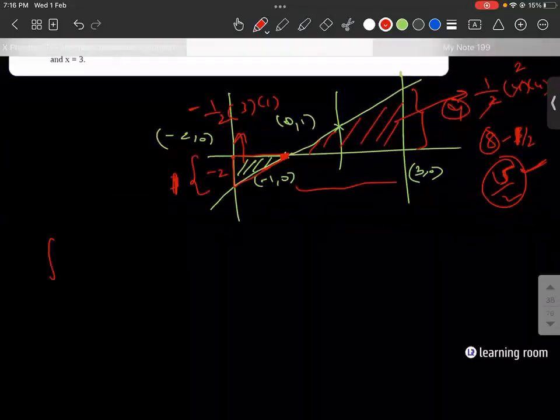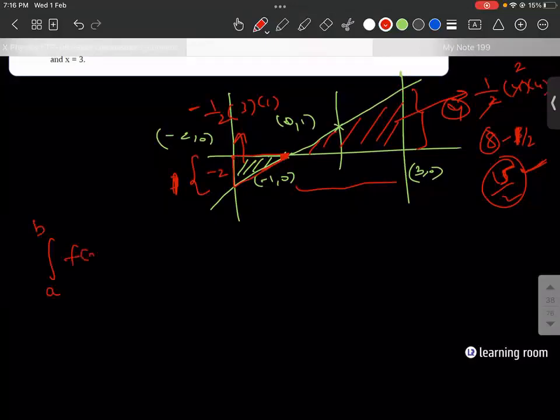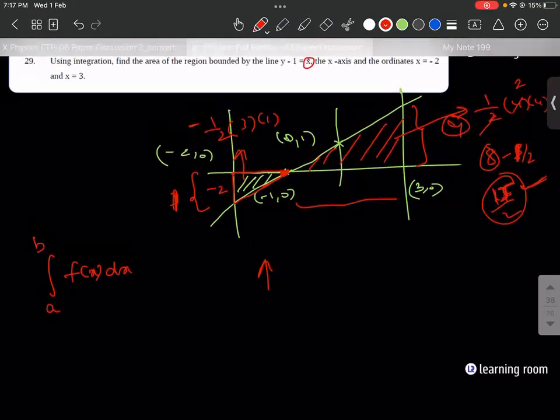Whenever you're writing integral of a to b f of x dx, basically you go from the bottom to the top. What you people did is right only. So using the analytical method, if you do it, you should actually get 17 by 2 if you ignore the minus sign. See, the logic is